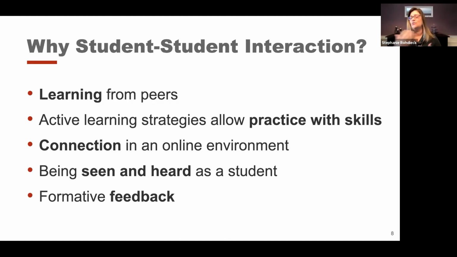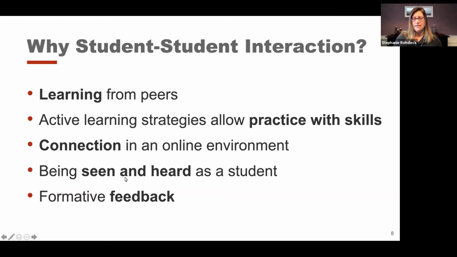There is very much a social aspect of the learning process. By helping to teach other people, by asking good questions of other people, we learn that content better. And that's all part of our active learning tool set, where we help our students or participants practice with the material. So we want to get them talking to each other because we want them to try things out.